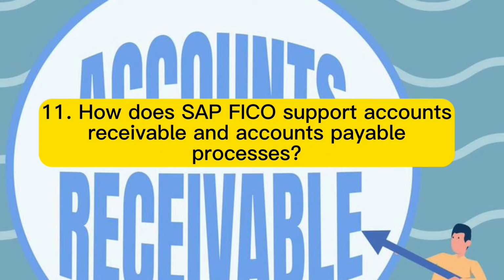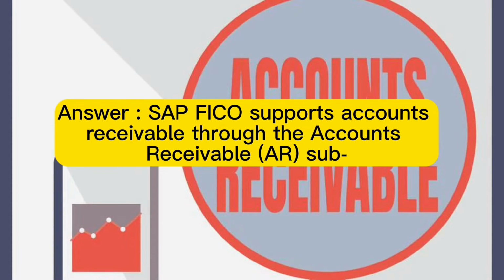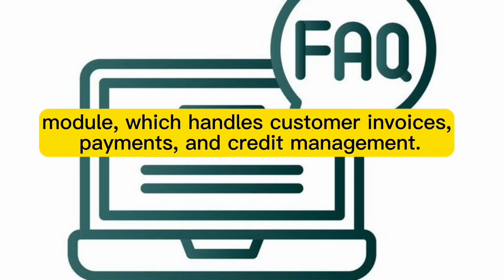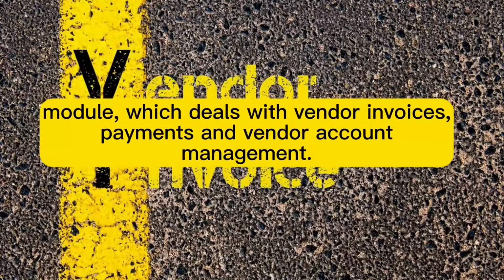11. How does SAP FICO support accounts receivable and accounts payable processes? Explain the key submodules involved. Answer: SAP FICO supports accounts receivable through the Accounts Receivable (AR) submodule, which handles customer invoices, payments, and credit management. Accounts payable processes are managed using the Accounts Payable (AP) submodule, which deals with vendor invoices, payments, and vendor account